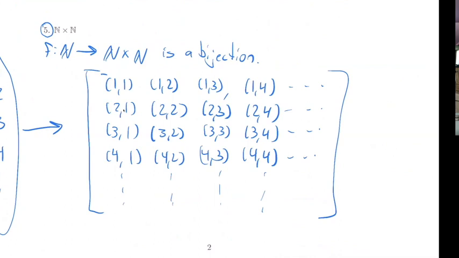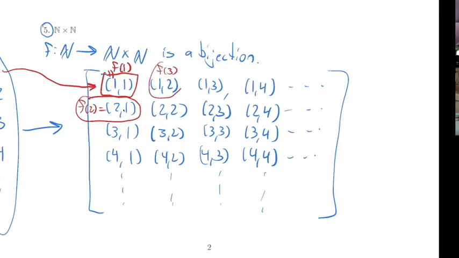So I'm going to pick this to be my first element. I'm going to call this f of 1. So 1 goes over to here. Then I'm going to take 2. I don't know, I can pick whatever I want. I'm going to take 2 and map it over here. That takes care of this one. And then I can take 3 and map it over to here.